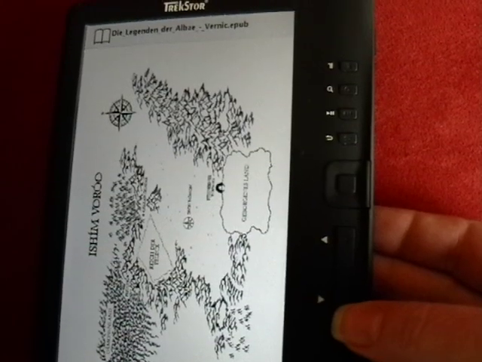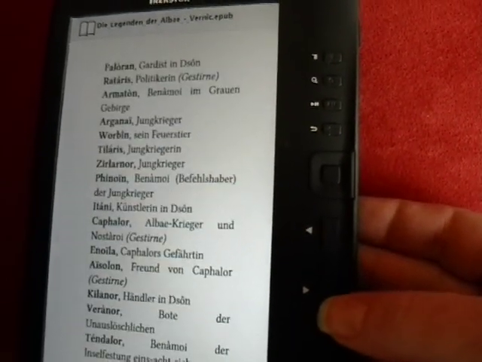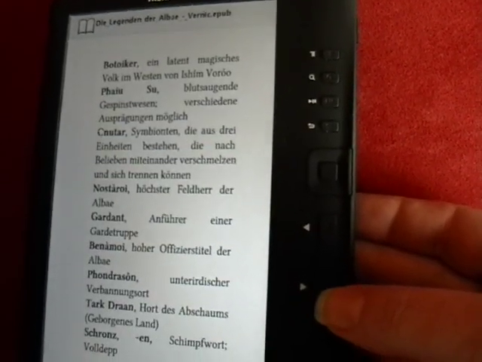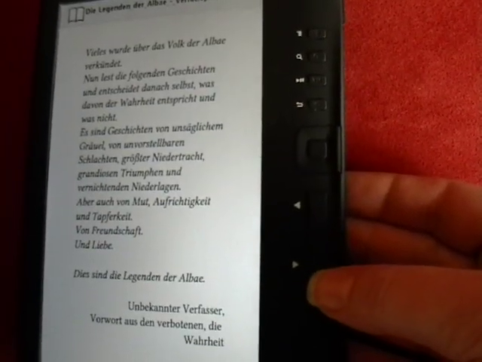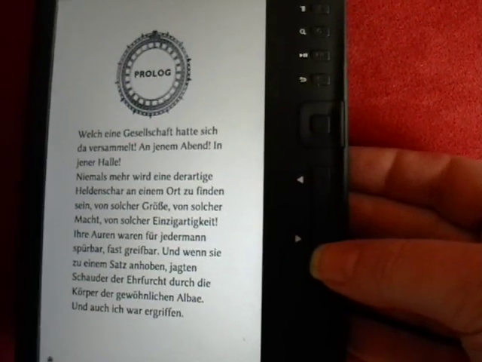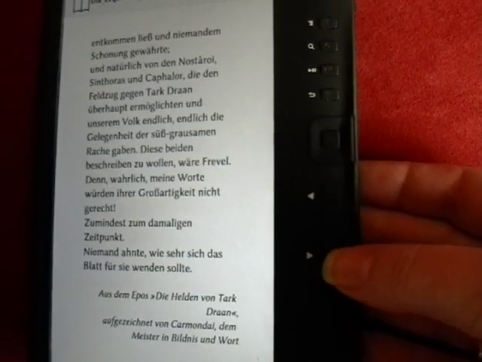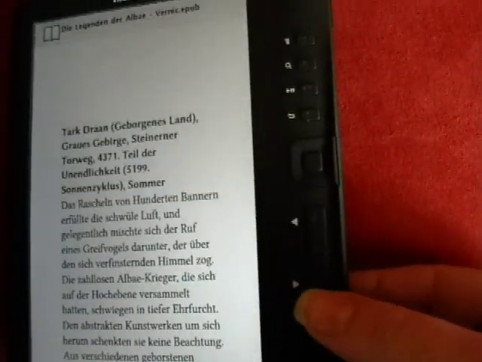Okay. I just want to get to a page that has some decent text. At least once you're into the book, you know, the speed is pretty good. Okay. So here we are in the middle of some text. This isn't the actual